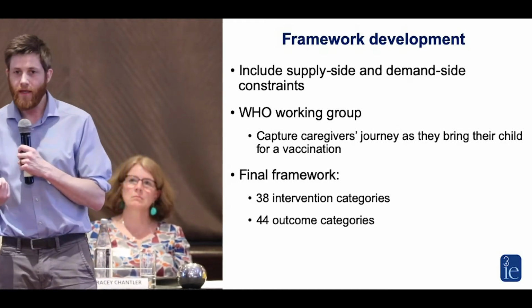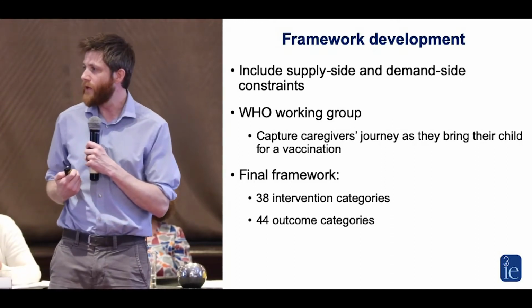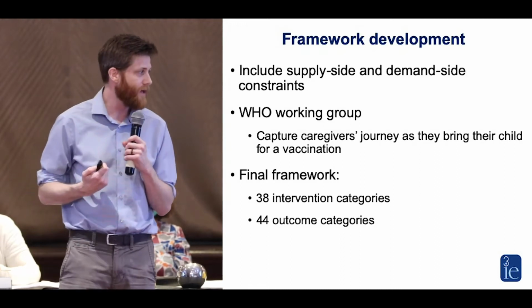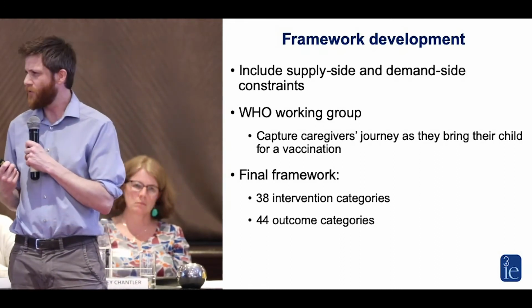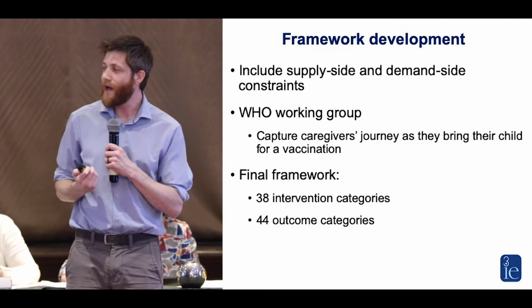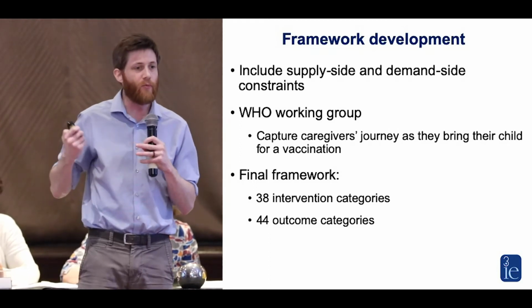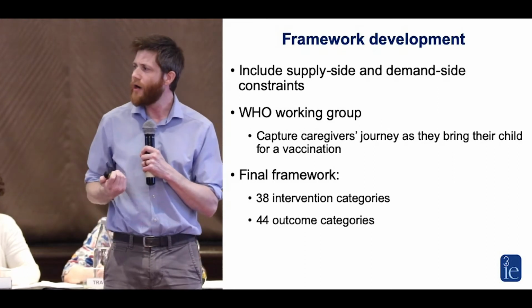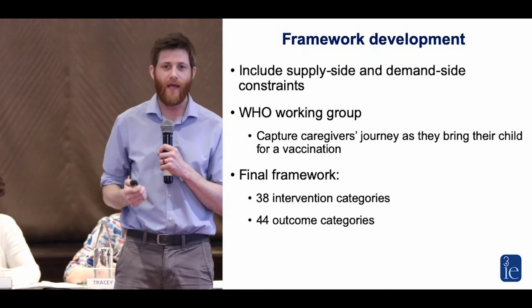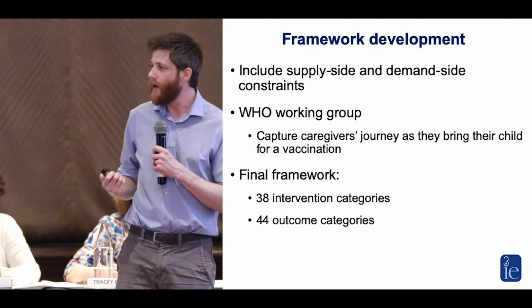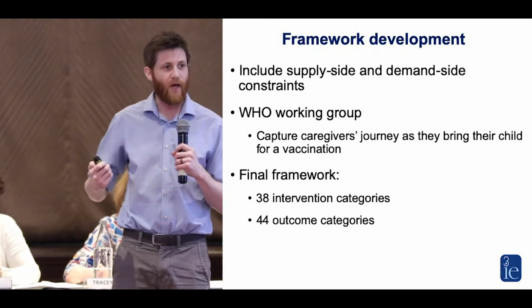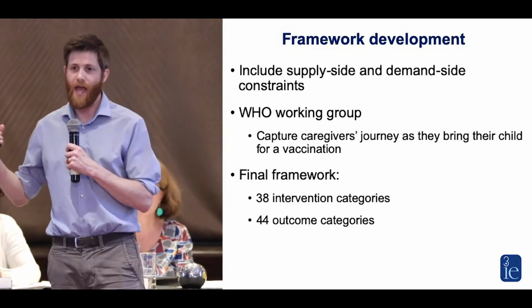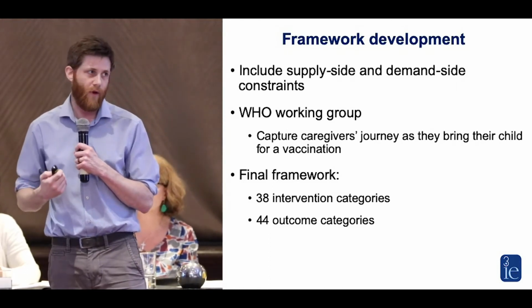And so ultimately in this framework, we ended up with 38 specific intervention categories and 43, that's a typo, outcome categories. And this is a pretty broad and expansive framework for 3IE PGMs. About 20 intervention and outcome categories is pretty typical. So we really tried to develop something that was really comprehensive and also pretty fine-grained to be able to capture all of the relevant types of studies.